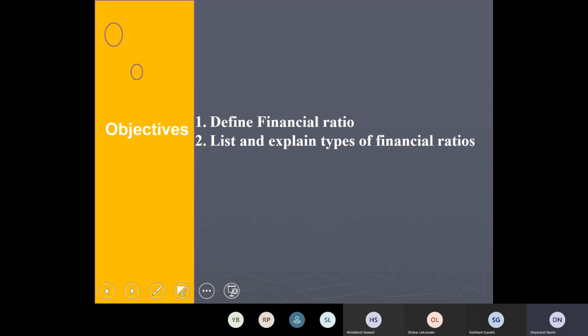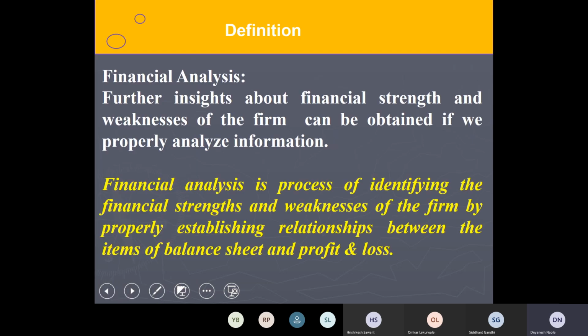Financial statements we have already studied. Now we are going ahead. We're trying to analyze those statements in a better way. What did we see in the last unit is trying to analyze the data by making fund flow statements, cash flow statements, and statements for financial position. That is comprehensive statement for the financial position of the firm. Okay, so the data is obviously used from financial statements like balance sheet and the profit and loss account.